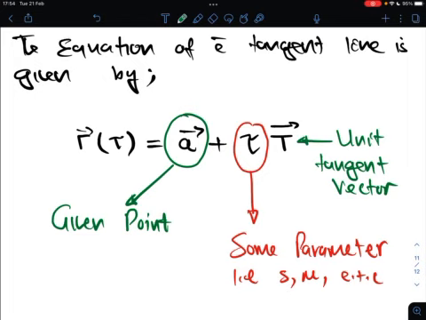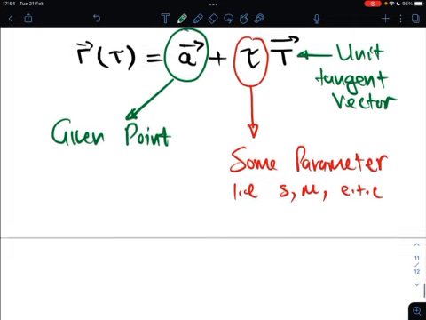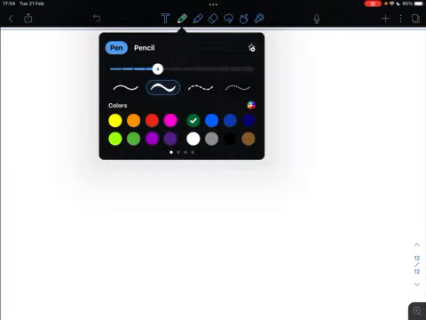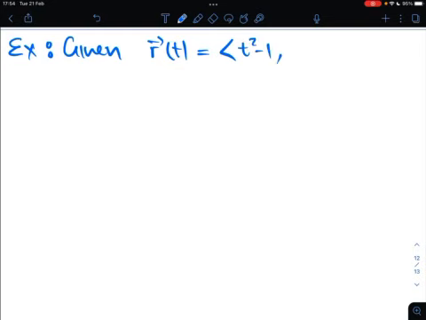Though maybe someone might say, okay, let's just see an example of how exactly we do it. So let's do a small example. A typical example will be: given r of t equal to t squared minus 1, t cubed plus 7, and t to the 4,